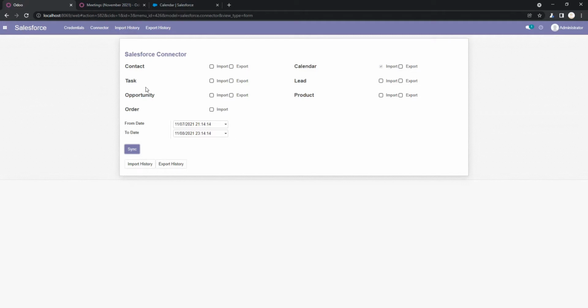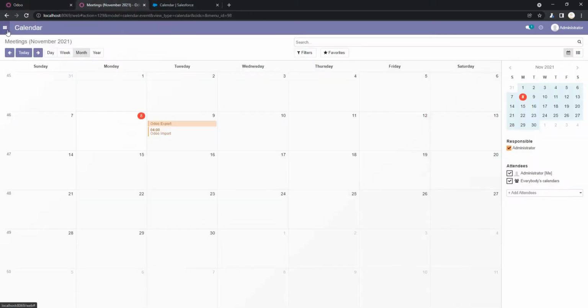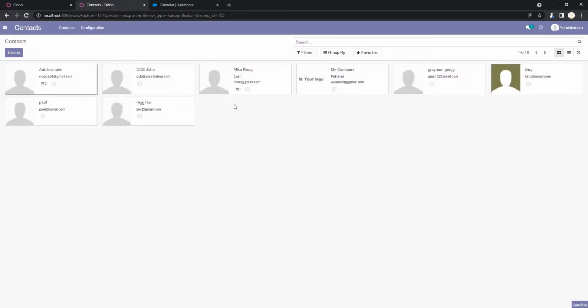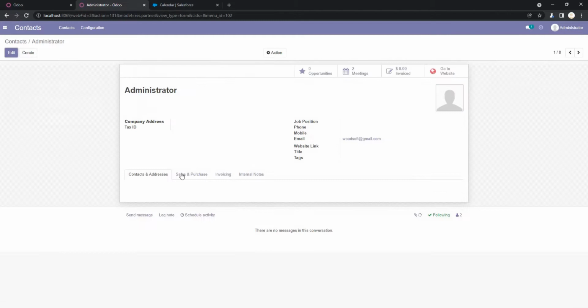Okay, so we will move to the next feature or service, which is the task. So in task, only one account is capable for all the task activities. So which account are we using for the authentication? Okay, so I mention again, in the tasks feature, only one account is capable. Okay, so as we are using the authentication account, I go to the contact module, and here is our account that we are using for the authentication.